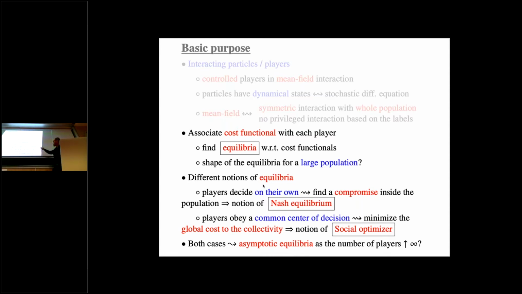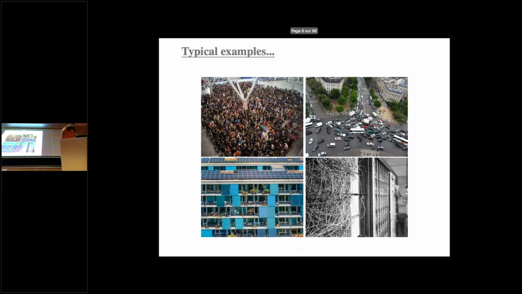But I will show you another formulation of another problem, which is what people call mean-field control, which is a bit different. And I will show you that there are connections between the 2 of them. They are connected not only from the modeling point of view, but also from the mathematical point of view. And so once again, the key question is what happens asymptotically when the number of players tends to infinity. So these are 4 typical pictures that you can have as practical applications.